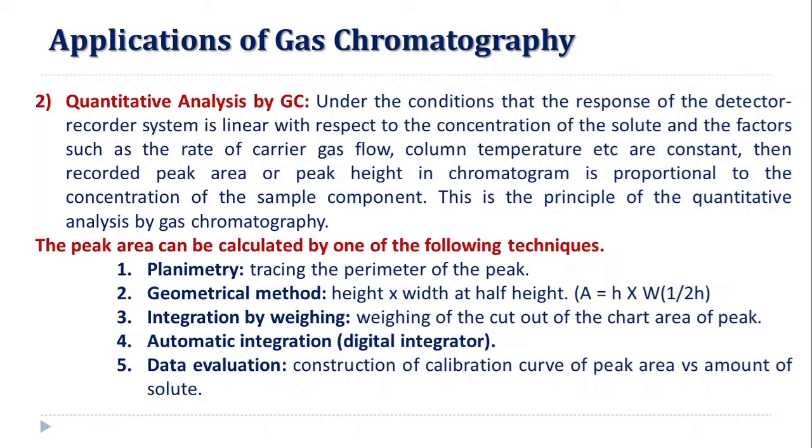That is called integration by weighing. Weighing the cutout of the chart area of the peak. So in this way we have to cut that peak area paper and weigh that paper. Next is automatic integration, digital integrator. Now the gas chromatograph will give you